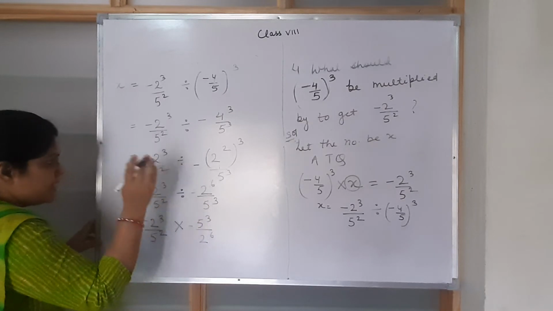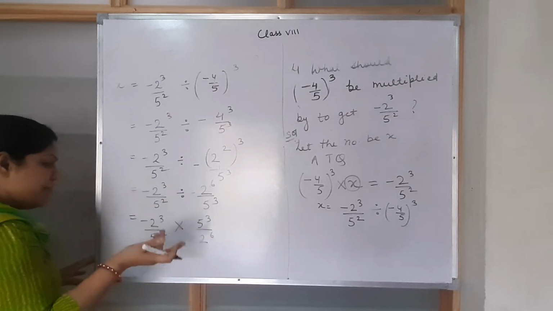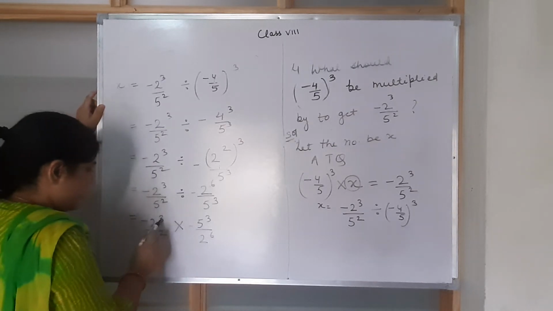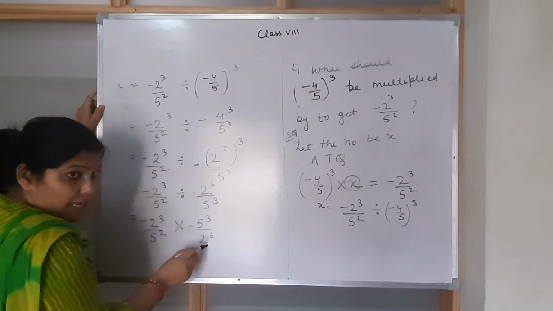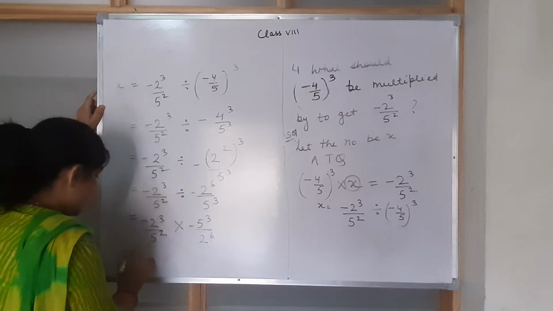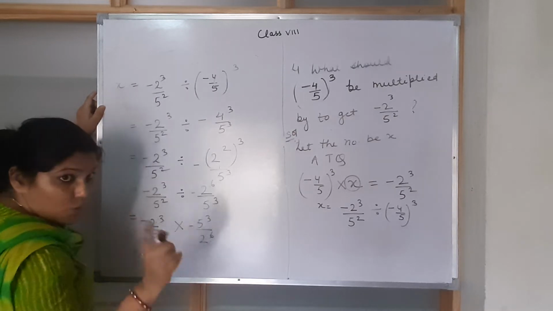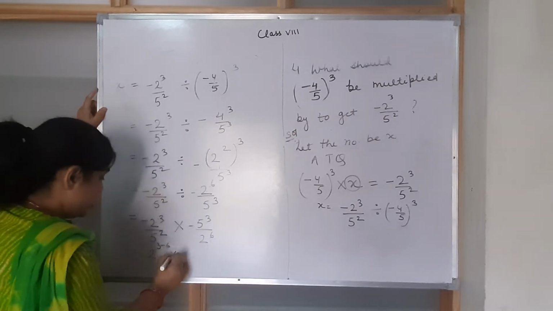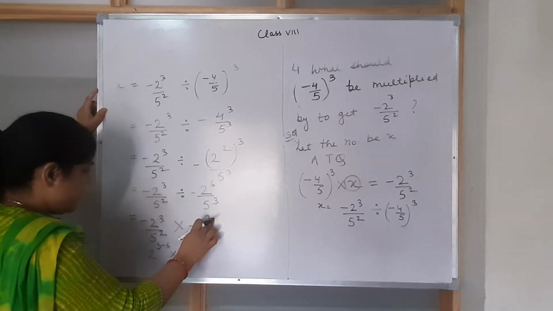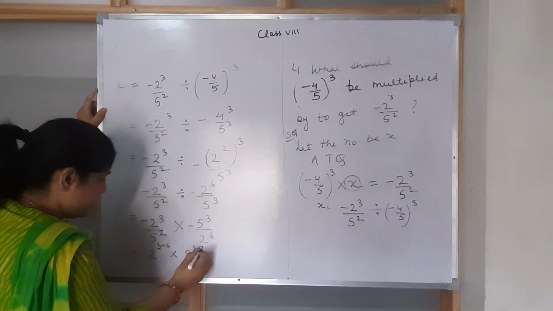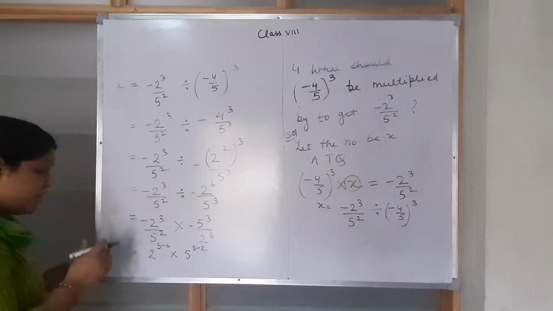I am just putting the minus sign. I just forgot the minus sign. Alright. So this minus and minus will cancel and it will become plus. Now just look here. Power 3, power 6, and they are in division actually, numerator and denominator. So powers will be subtracted. 3 minus 6. We will not write 6 minus 3. Now again 5^3 and 5^2: 5^3 divided by 5^2. So this is going to be 5^(3-2).